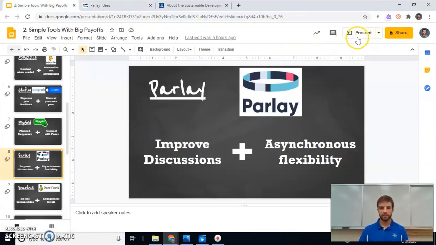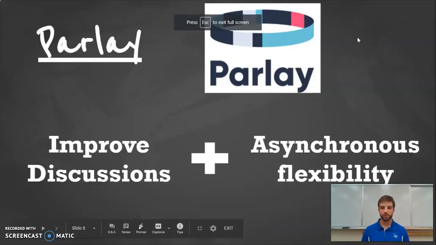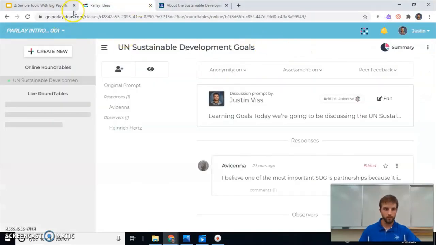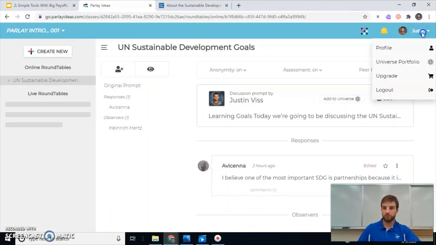And so, like I said with Parlay, that's just a really quick introduction. They have a lot of other features. I'd encourage you to go onto the resources tab. One thing with Parlay, we should really go through the thing that everybody is wondering about. How much does it cost? So Parlay